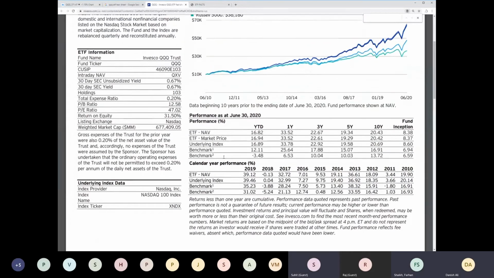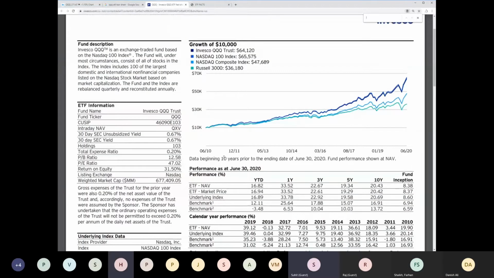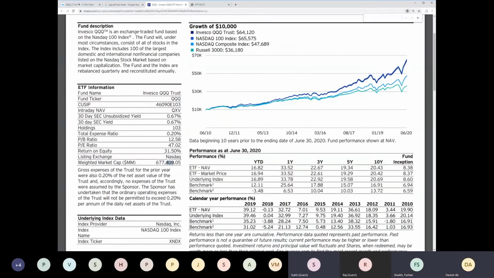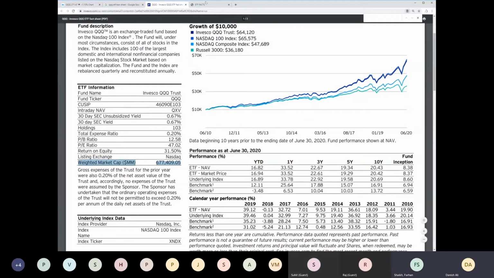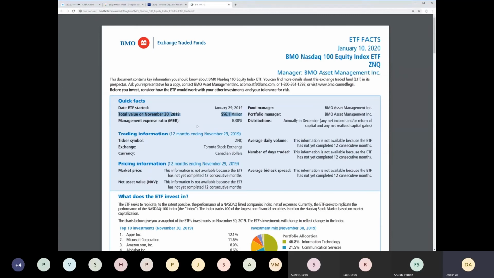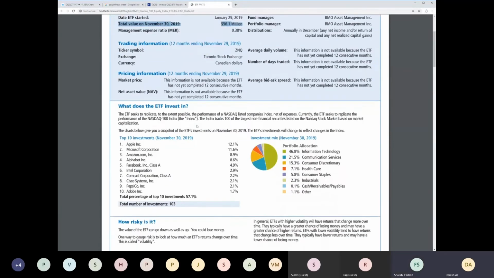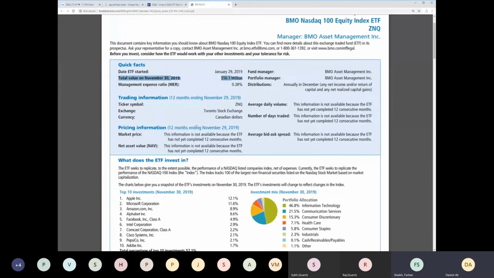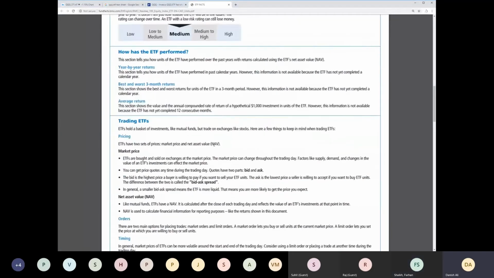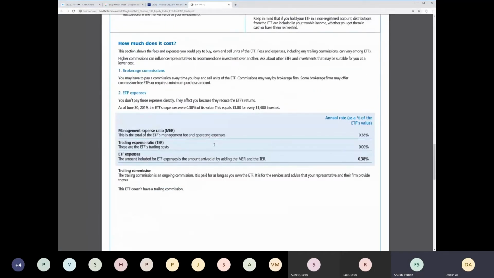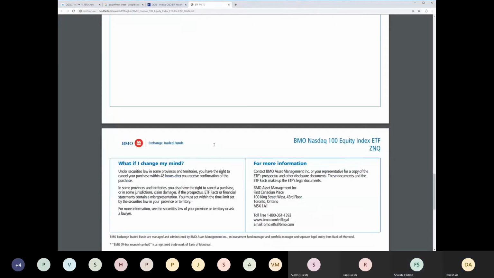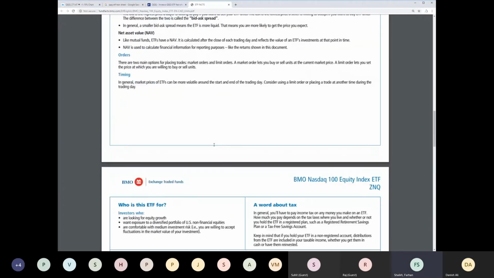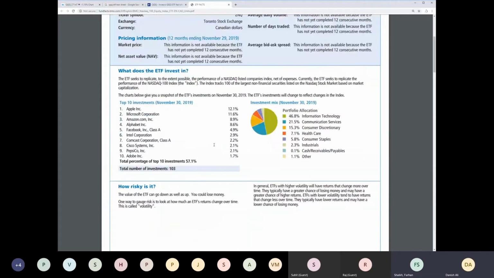Is it not the weighted market cap, or is it something different? Here it says weighted market cap, and on this one it's showing total value. Let's see if they have a weighted market cap here. You cannot compare apples to oranges, right? Correct. They don't have it here.